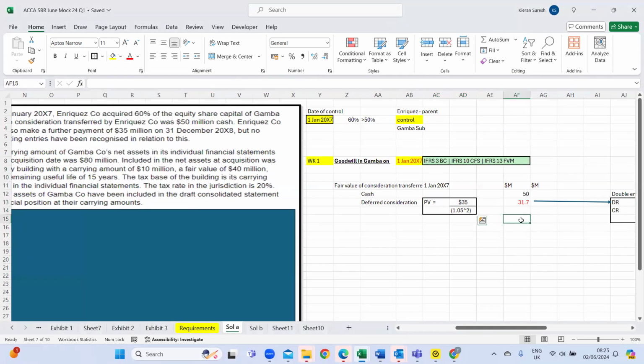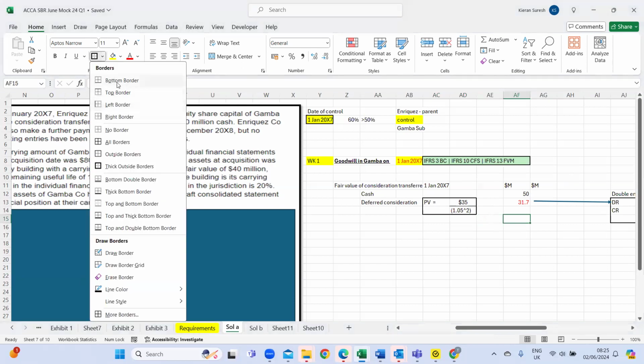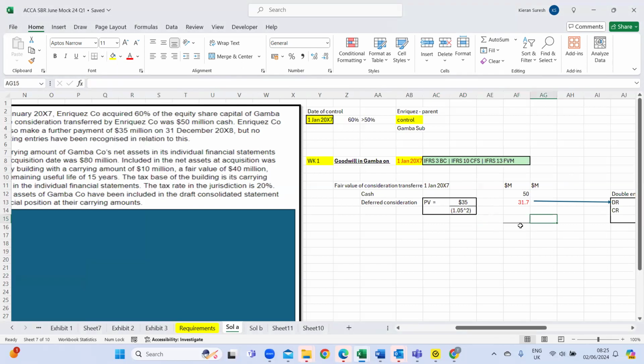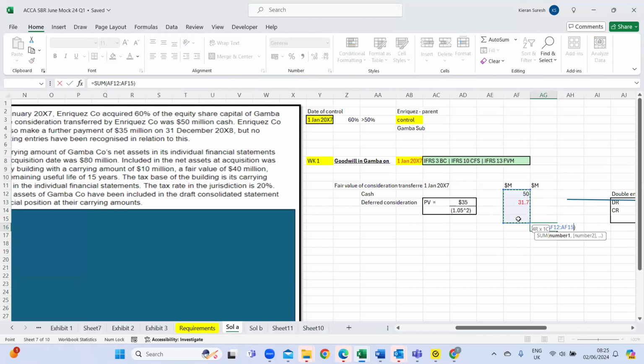This is the total of what we have paid as a parent. How much is the total money that we paid? The total money that we paid is equal to